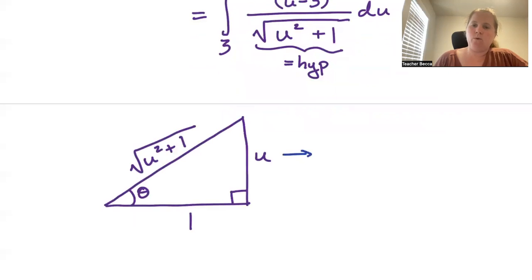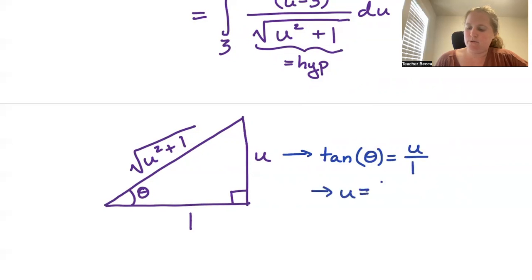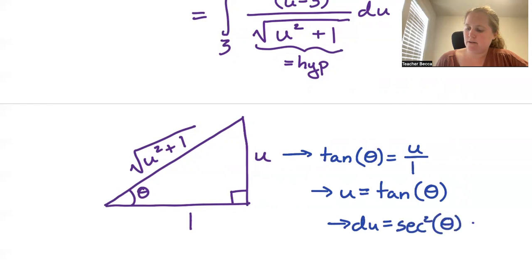The u and the 1 give us the relationship that tangent of theta is equal to u over 1, or u is equal to tangent of theta. That means that du is secant squared theta d theta,